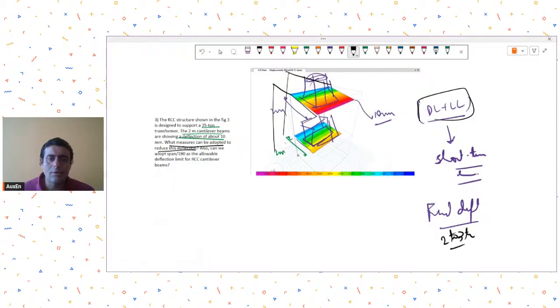This is right now a cantilever without any backspan, so try to have a backspan if possible, or try to go for some sort of knee bracing arrangement. Of course, if you add a knee bracing, your columns have to be made stronger because then that knee bracing will induce moments in the column. So go for that. Make your beams